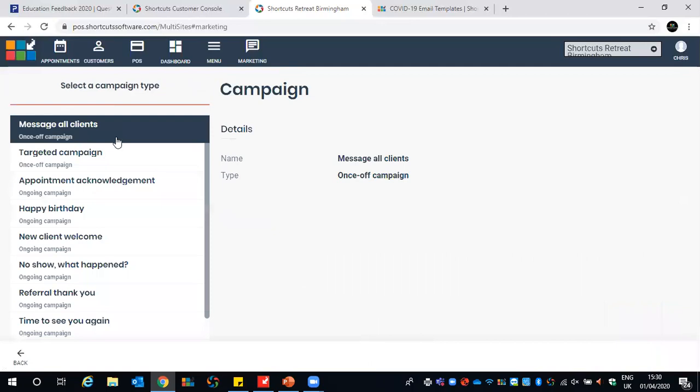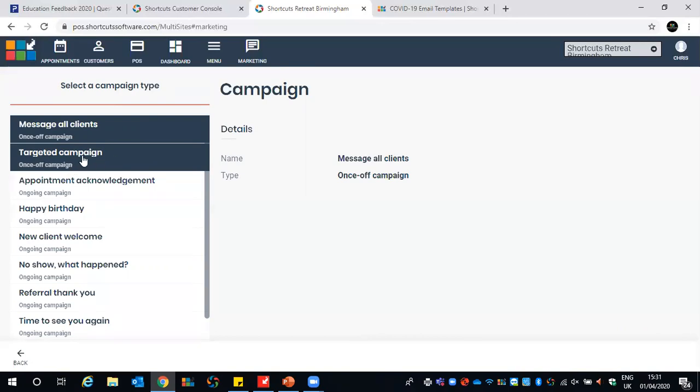And we're going to look at our targeted campaigns. Now, our targeted campaigns is if you wish to target a certain client demographic, so your certain client list. Okay, now your targeted campaign, again, hopefully you should have an idea of the kind of clients you wish to target. When I show in my demonstration in a few moments, I will give you a few handy tips and pointers of maybe the kind of targeted list you wish to target.